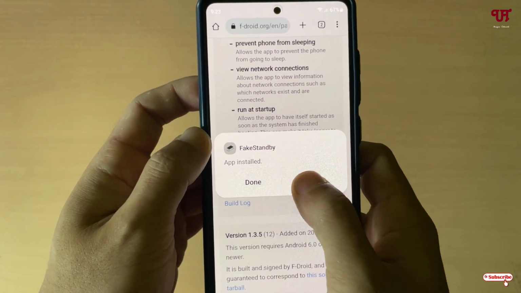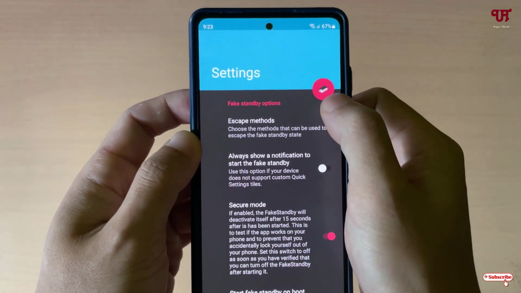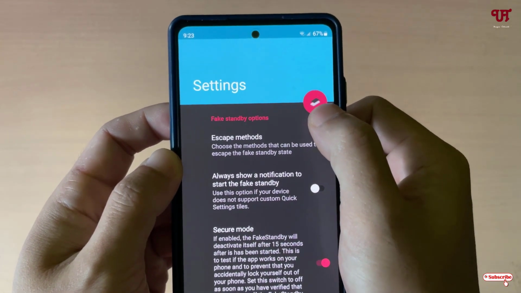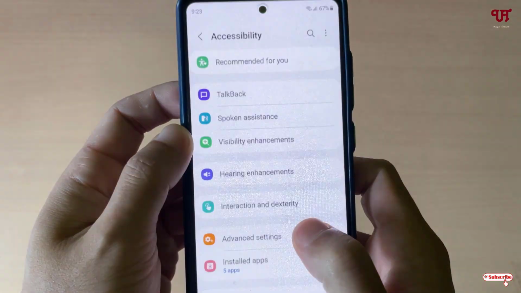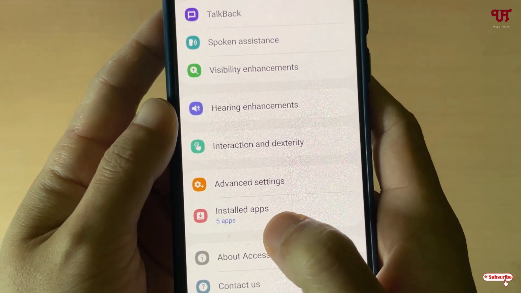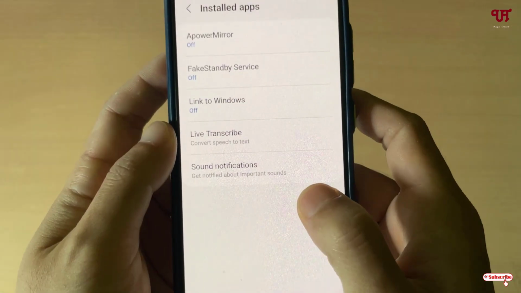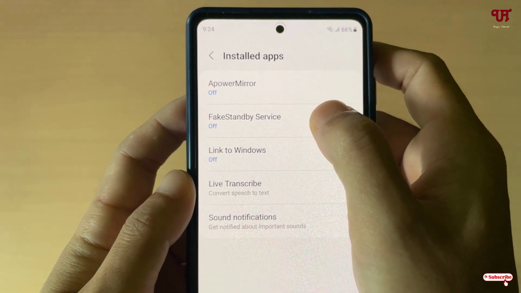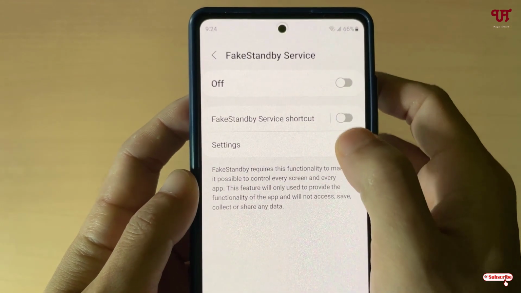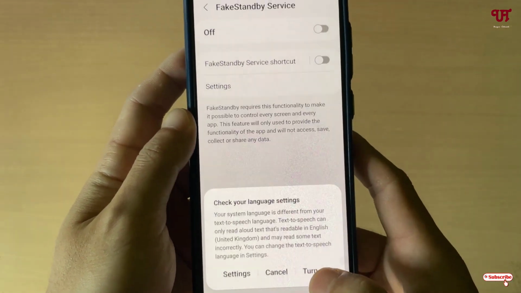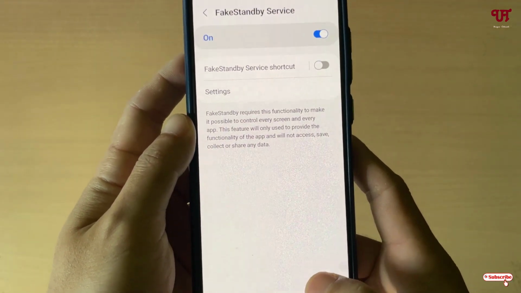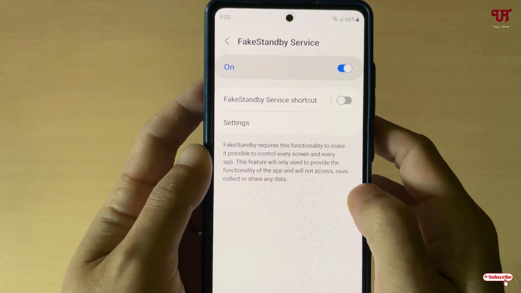Now just tap on open. Now just tap on this floating icon on the right side. Tap on this open settings and just tap on this install apps. Now just tap on this fake standby services and just turn it on. Tap on allow, turn on. So after enabling this, just move back